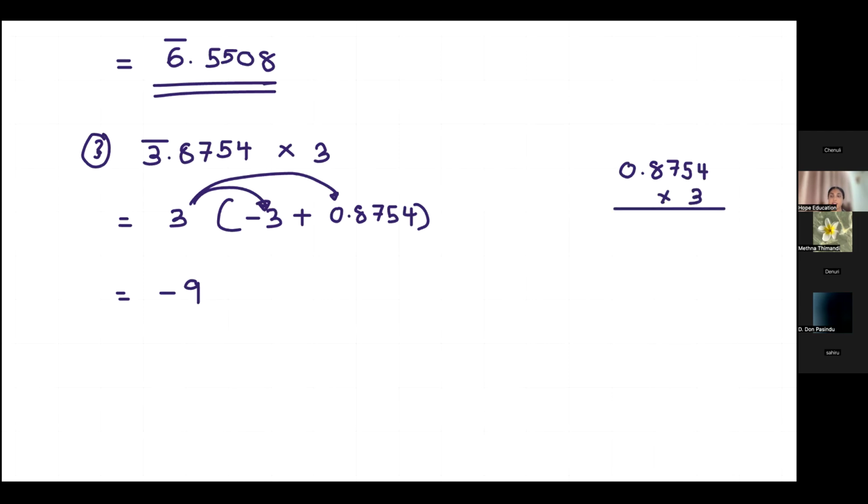3 times 4 is 12, 1 remaining. 3 times 5 is 15 plus 1, 16, 1 remaining. 3 times 7 is 21 plus 1, 22, 2 remaining. 3 times 8 is 24 plus 2 is 26. 2 remaining. 3 times 0 is 0 plus 2. So we get